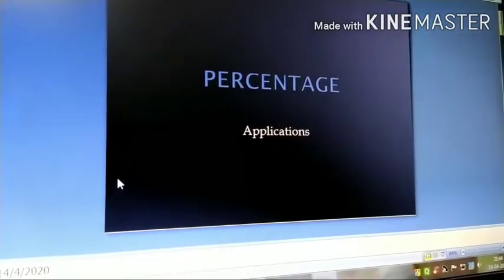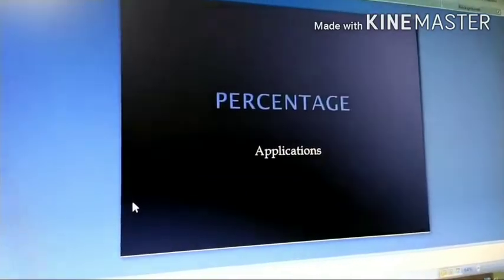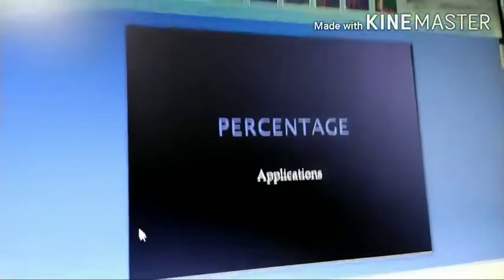So, we discuss through this video. Today, we learn the meaning of percentage or percent, conversion of percent into fraction, conversion of fraction into percent or percentage, conversion of percentage into ratios, and conversion of ratios into percentage. And we also discuss the application of percentage in our real life.